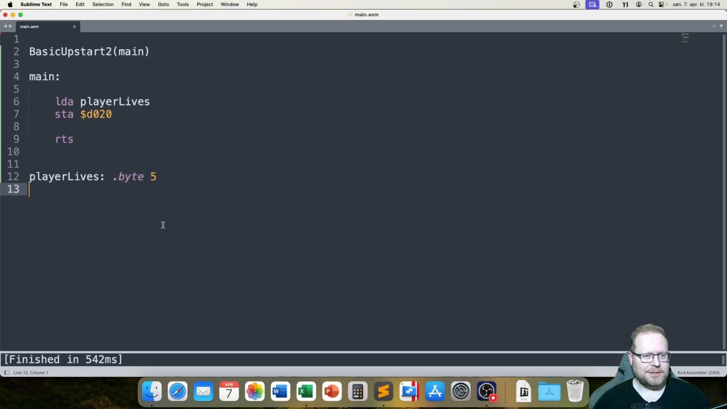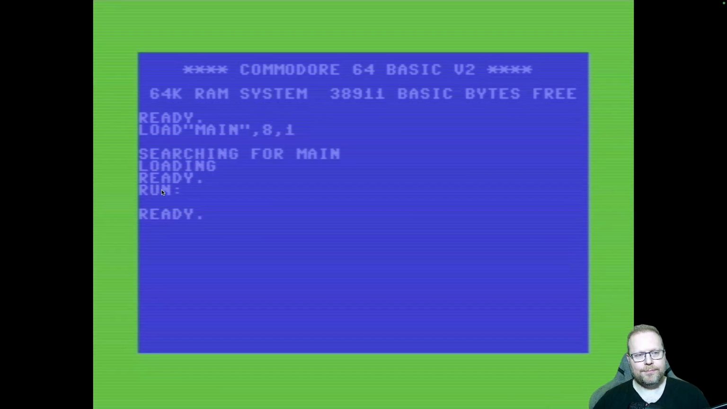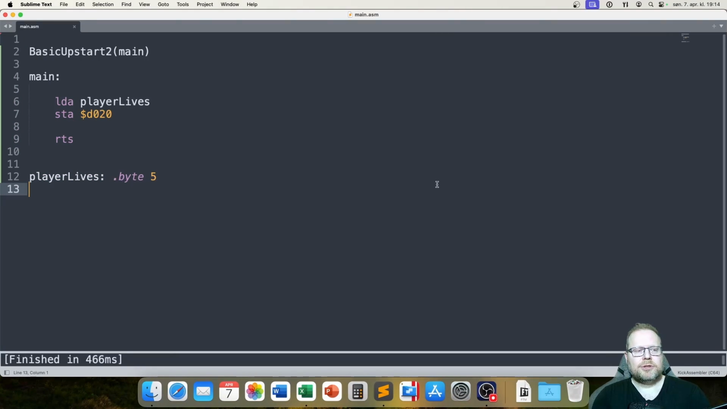Alright, let's try this. So now the border is going to turn into whatever color code 5 is. So let's run this little program. Color code 5 was apparently green. Alright. So hopefully you see what